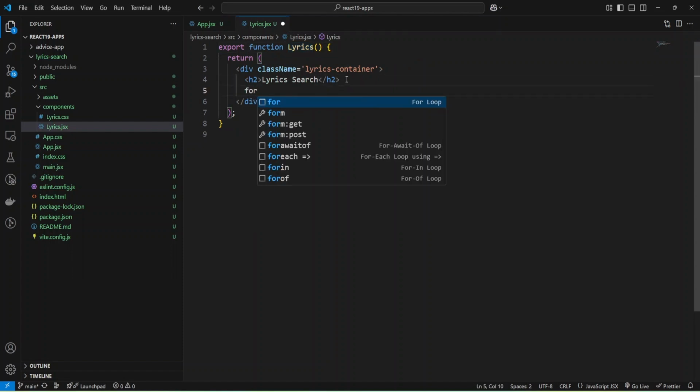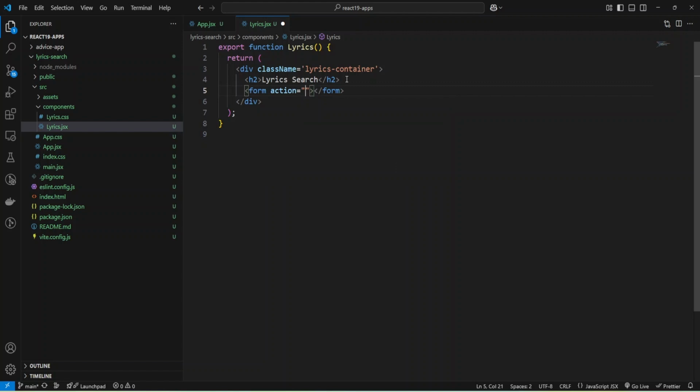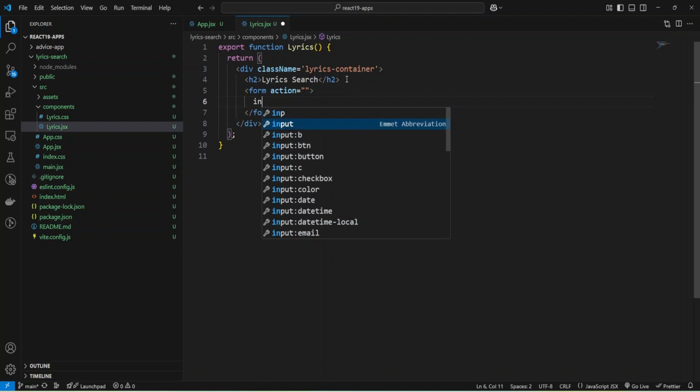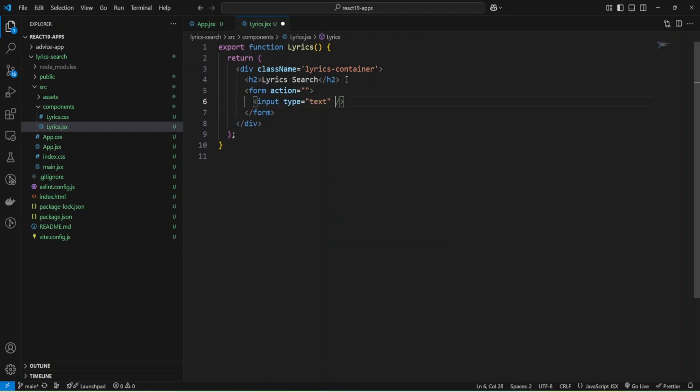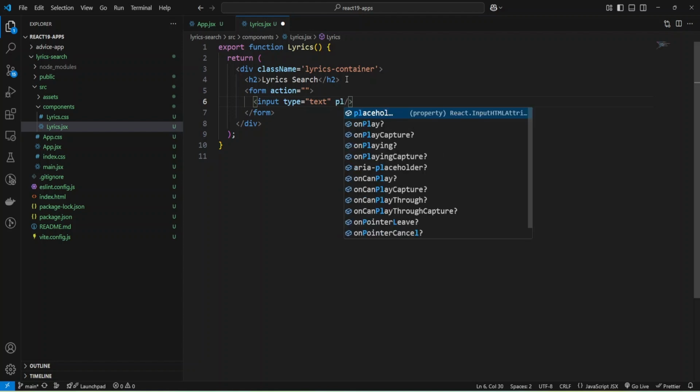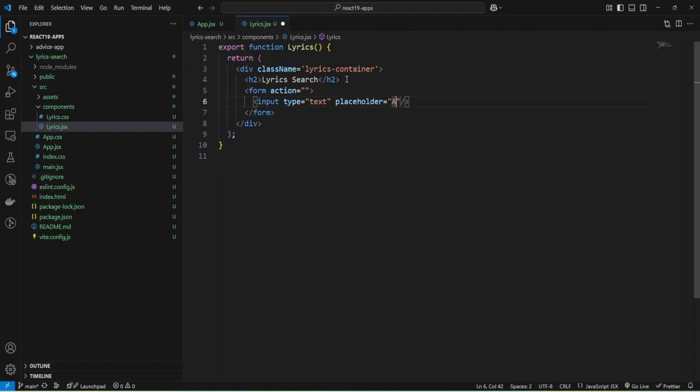Now I can add a form. The action we'll add later, and inside the form we'll have two input fields, one input of type text, and the placeholder will be artist name, and let's add name artist and make the field required.